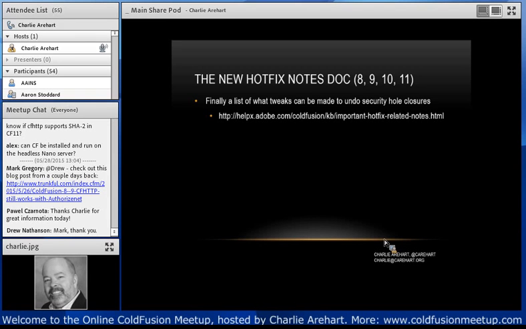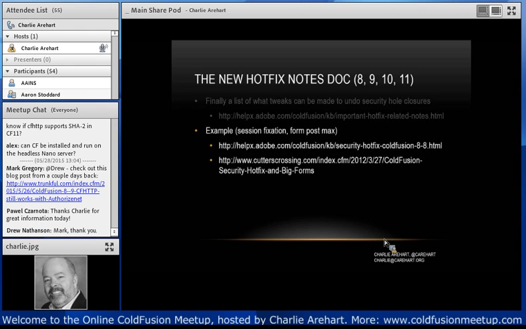Well, they did that in each tech note for each update. But if you're applying the latest update, you're not going to go back and read all the previous tech notes. So they did come out in 2013 with a hotfix tech note that just said, here's all the little tweaks for all the updates. If you need to undo them, here's how you can undo them. I know that doesn't make sense to everybody listening,